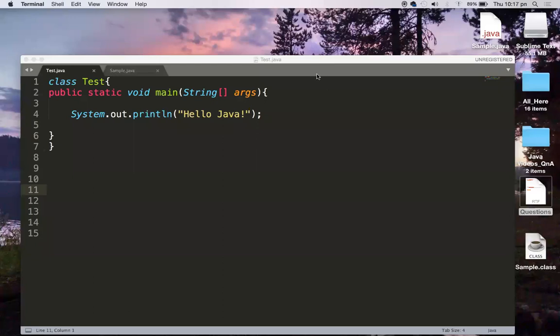Here our intention is to understand the System, then this particular out, and this particular println, and we also try to understand what is system.out and what kind of out it actually is. People may be confused that out is an object, but it's not actually an object.